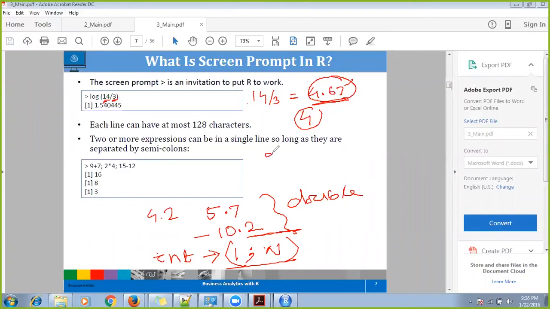So let's say 9 plus 7. What it has done here is 9 plus 7. How much will it give you? 16. In another line, if you have written, let's say, 2 star 4, it will give you 8. What you want to do is you don't want to write in